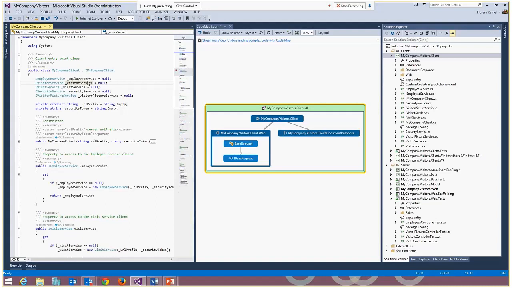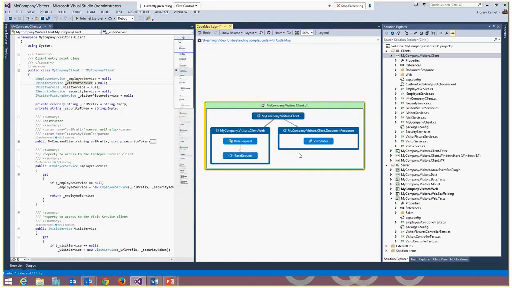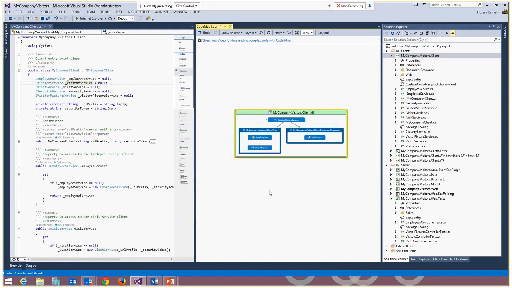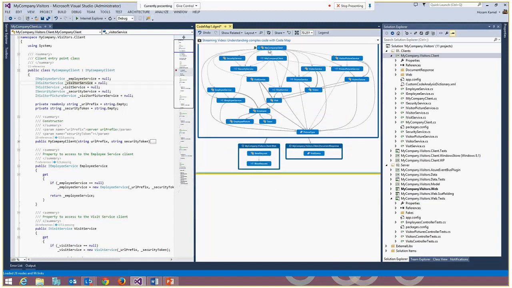Instead of the files and the project structure you have in the Solution Explorer, now you even understand what components exist in your project. And as we see, this is not the only thing that you will get from the code map. You can also get deep into single classes to understand what those classes actually contain. So even more, my company client, how it's related with my company web client. So you will get even the references between the classes and who is using what and when and so on. And even more, the security services, for example, here, you'll find that, okay, this security service actually is being referenced in